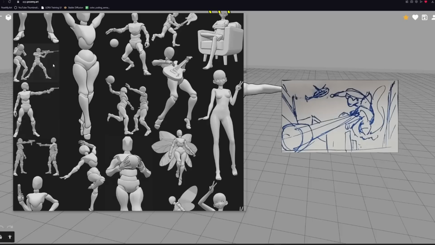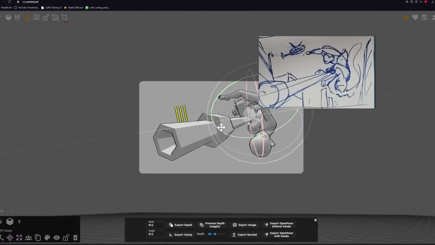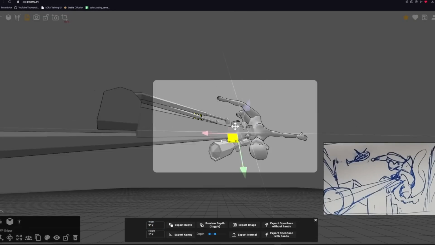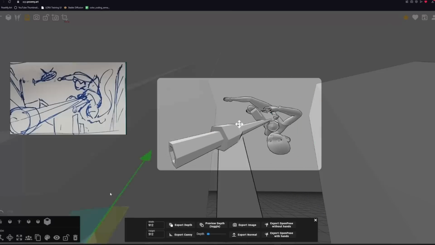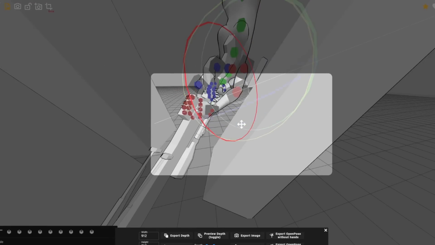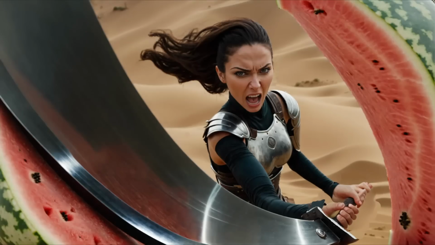Of course, the first thing I do is use Pose My Art to find a scene, and create the overall pose with the rifle and everything else. It took a while, not gonna lie, the position of the weapon was very hard to get right. I also posed the hands better this time. Even if you end up not using this controlled model, it can be a very nice safeguard to have, just in case you have a pose that AI can't handle.